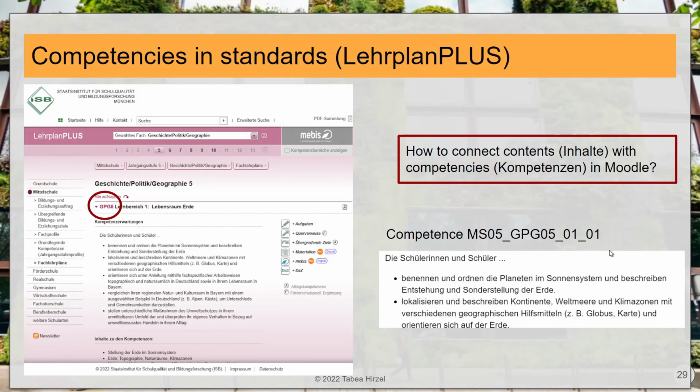The Lehrplan Plus defines for each area of knowledge or competence the contents. So for example, I have a coding system which is not very elegant because it becomes quite long, but it works. This competence is called like that in the Lehrplan Plus.